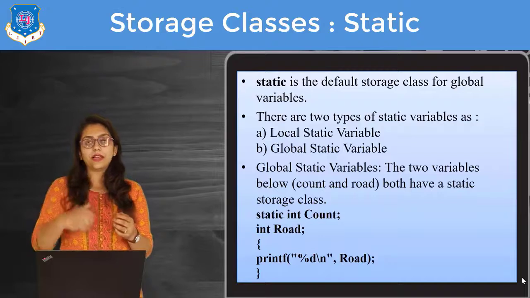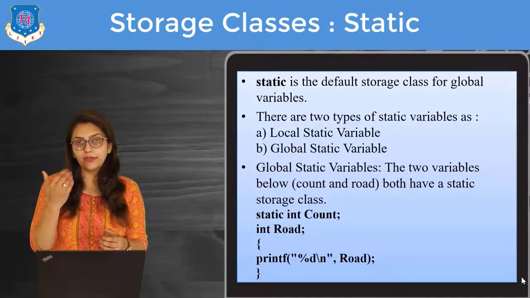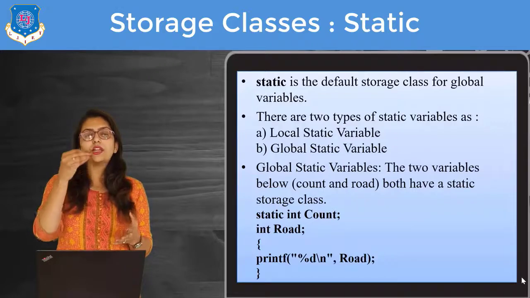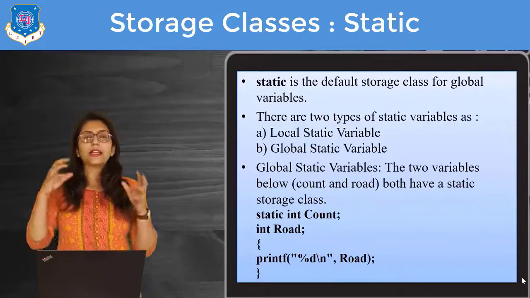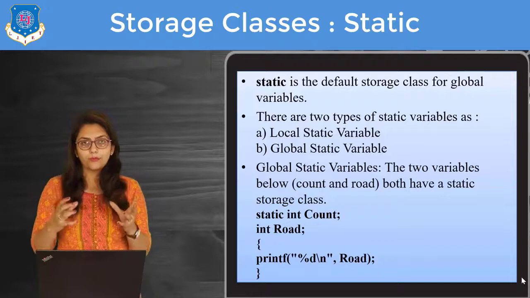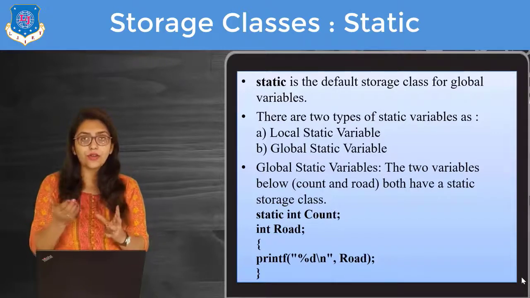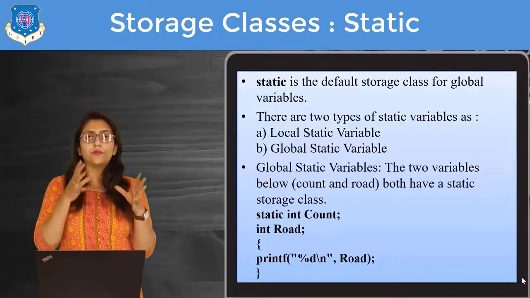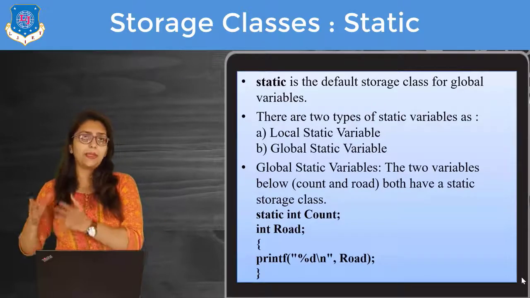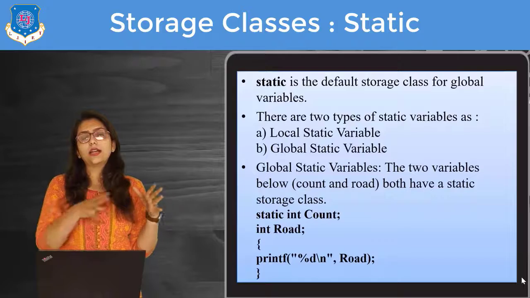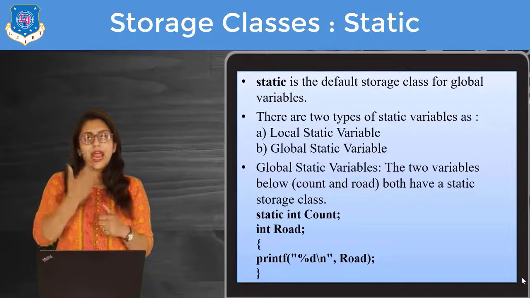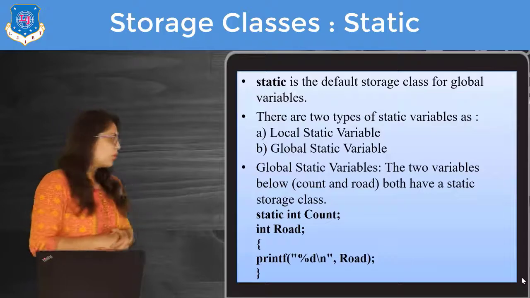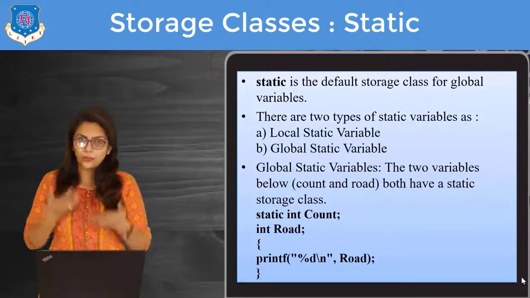variable, that is, if you are declaring a variable outside the main function, that is known as a global variable, then you can use this global variable at any place of the program. You can use it inside any function, you can use it inside the main function as well, or if you are adding four functions, say addition, subtraction, multiplication, division, then you can use that global variable in any of the functions and it will access that same variable. So static will persist its value.